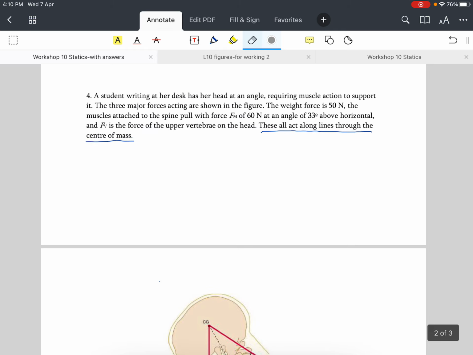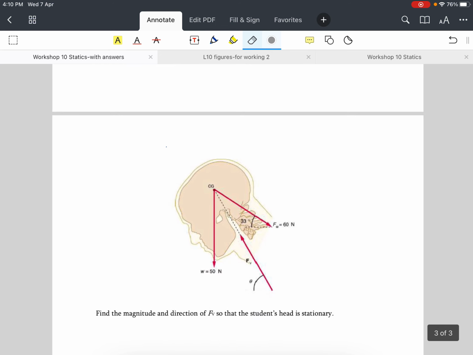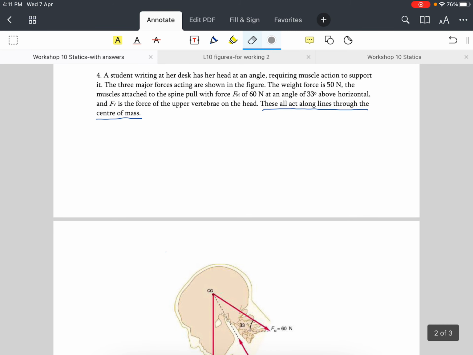And we have the force Fv, which is the force of the upper vertebrae on the head. And Fv is also at an angle theta relative to the horizontal, but that angle theta is not given. In fact, the problem asks us to find the magnitude and direction of Fv so that the student's head is stationary. Note also that the problem says that all these three forces act along the line through the center of